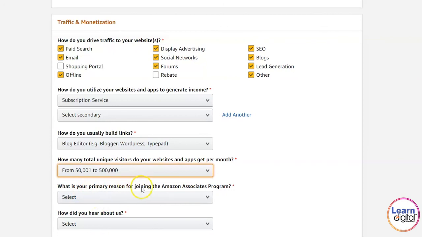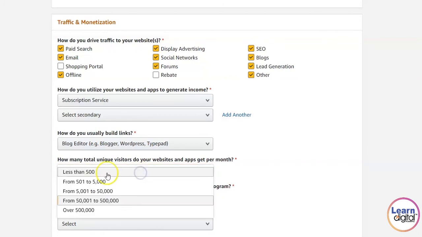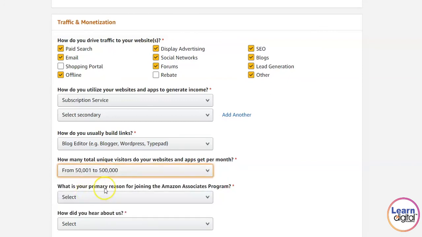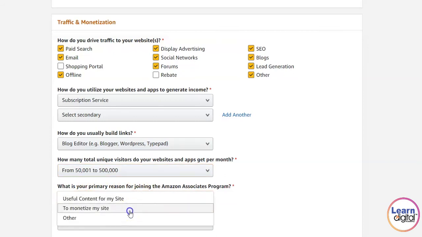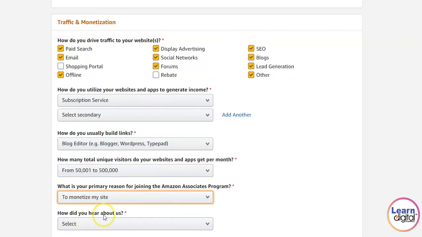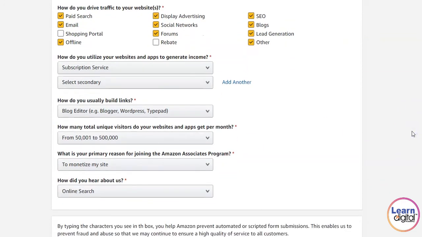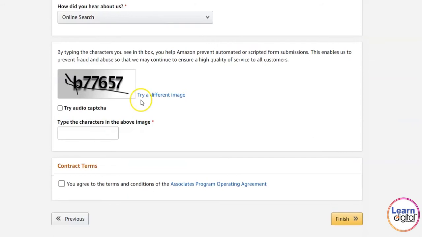If you're a starter, you have to pick the first option, 501 to 5,000. What is your primary reason for joining Amazon Associates? Obviously to monetize my site. How did you hear about us? Here, from the Amazon site, an online search. I did an online search, and based on that I was able to understand what Amazon is.